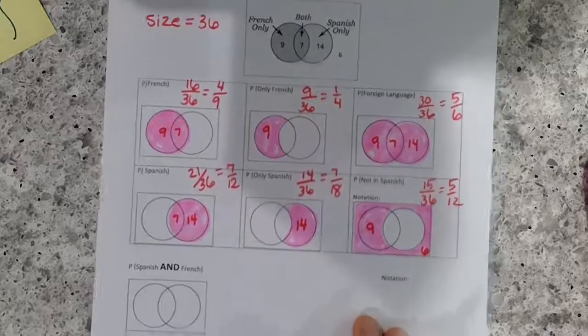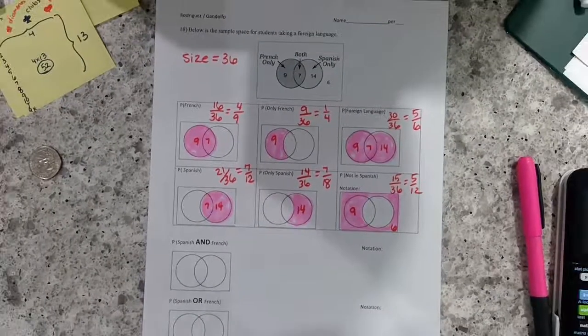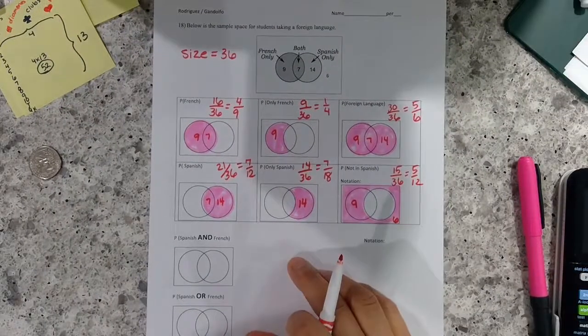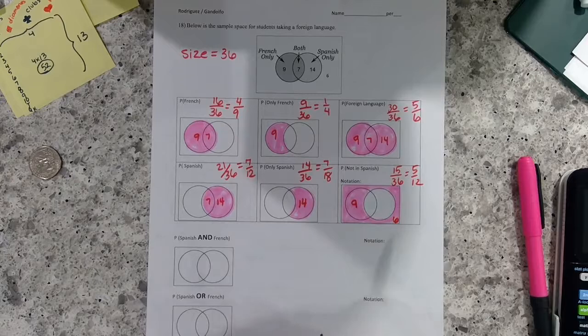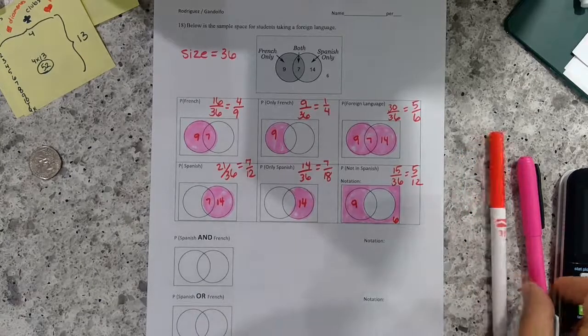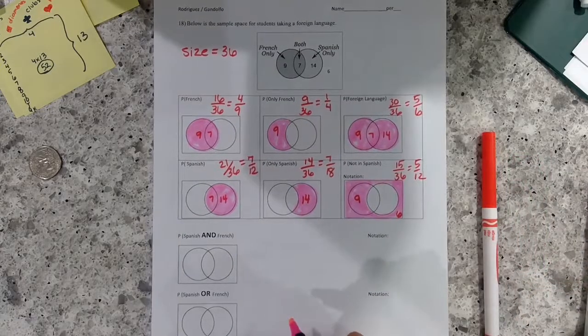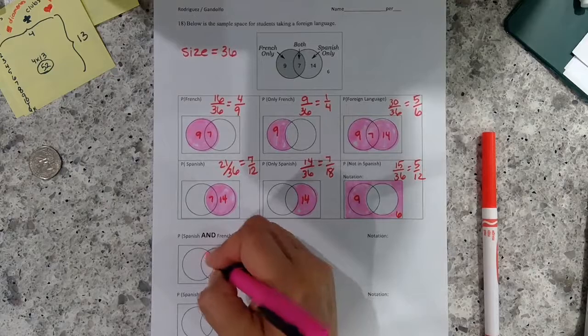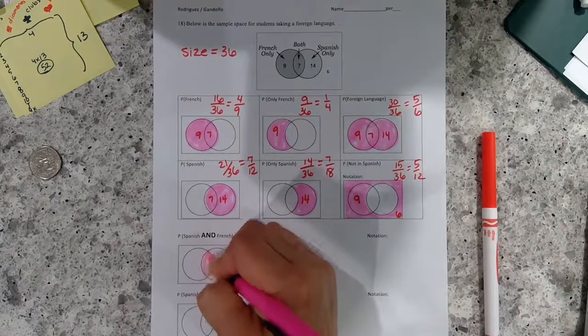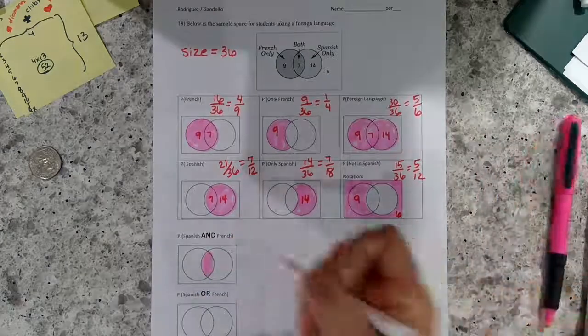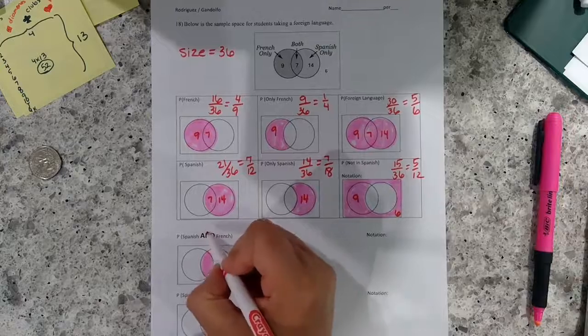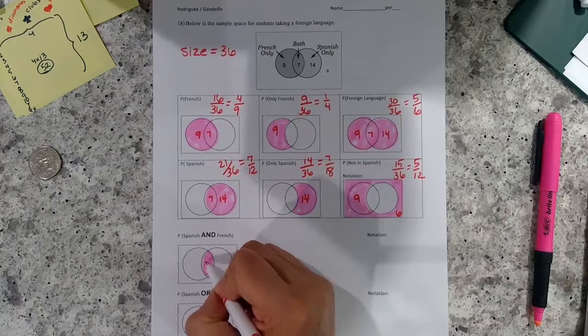The ones that you are most likely to miss this unit are these 2 problems, and or. So Spanish and French? Which people are in Spanish and French? Correct. It's the ones that are in both. So and is going to be